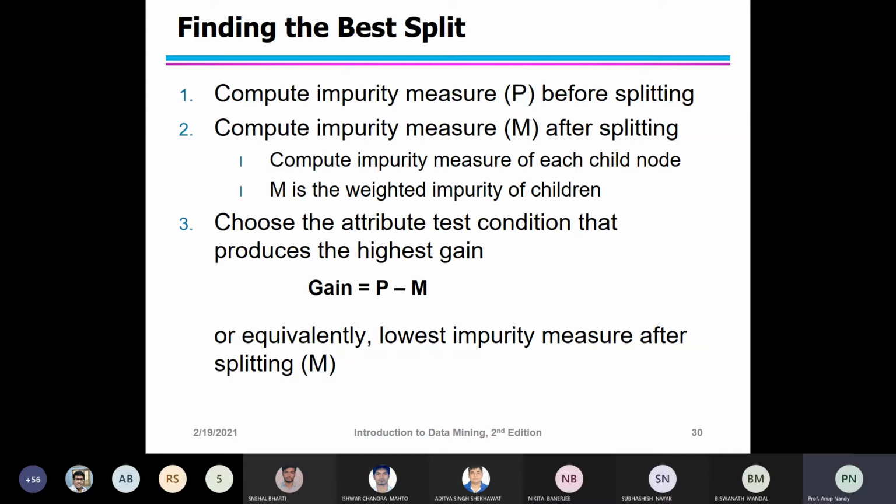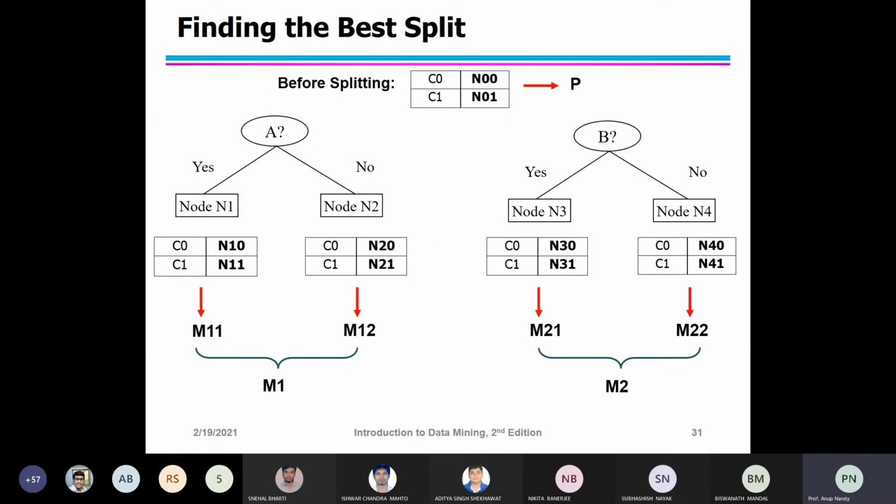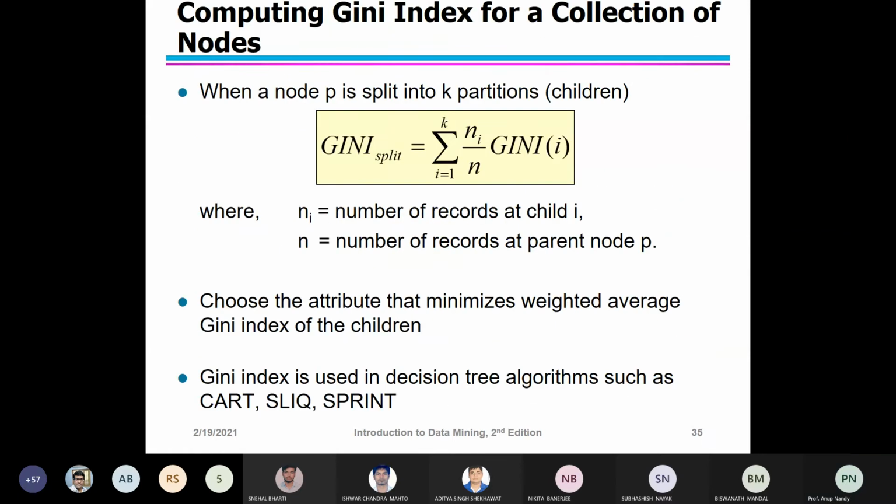So gain is equal to P minus M, where P is the impurity measure of the parent node and M is the weighted impurity measure of the child nodes. The formula for M is the summation over j equal to 1 to k of N(Vj) divided by N, times I(Vj).